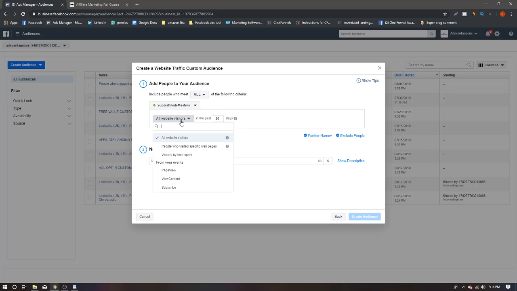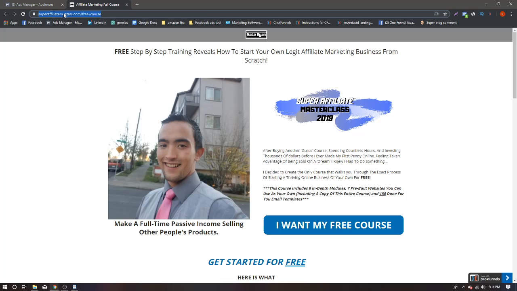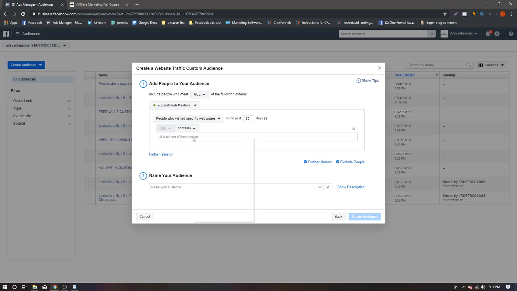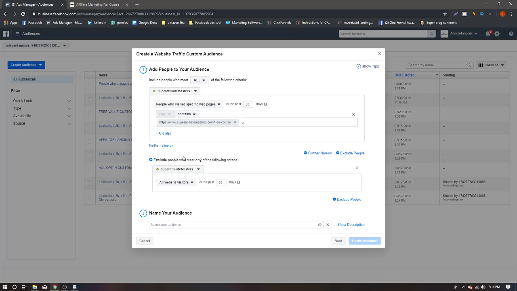So we're going to go to people who have visited specific web pages, and we're going to copy your URL. If you were promoting something other than this course, you would copy the first page of your sales funnel, or your page before they actually make a purchase. So paste the URL: people who have visited this website, but exclude people. Then you're going to go to the bottom right and exclude people who've